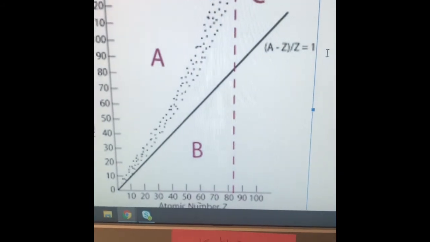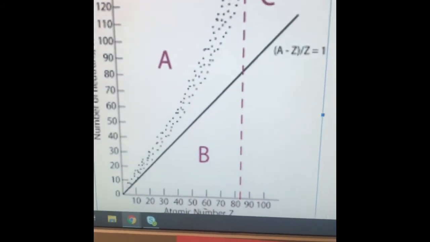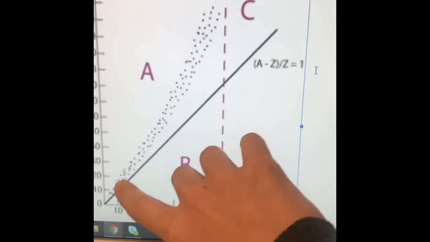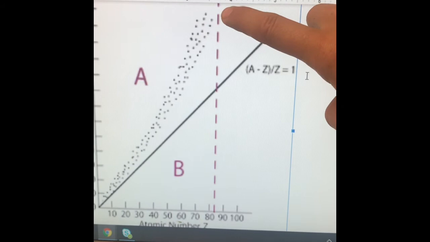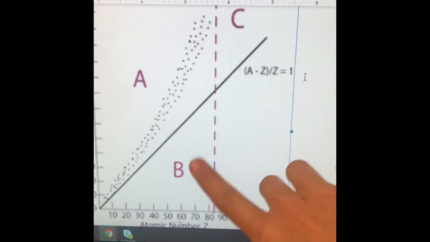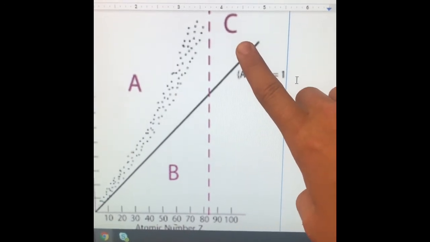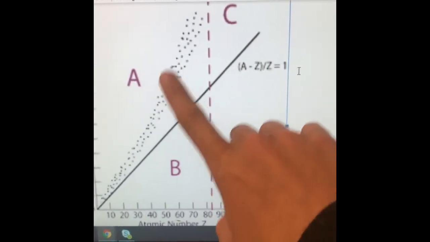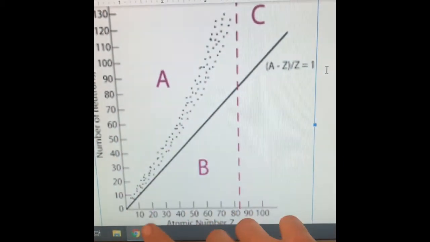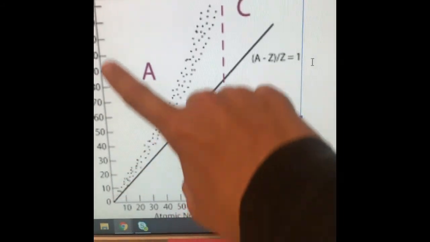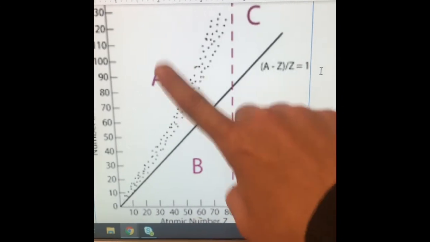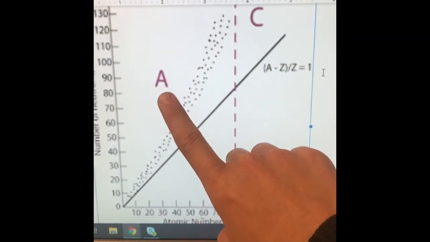So here is a copy of the graph that I've included, the band of stability graph. This solid line represents a 1-to-1 ratio. Okay, here is the plot points that should look similar to the data we already created in the simulation. Now you'll notice that we have these 3 different regions marked here, indicated on the graph. Region A, this is an area where we have a lot of neutrons, but not as many protons. The neutron is too high. So we're going to shade this in on our notes, and we're going to label area A as areas where